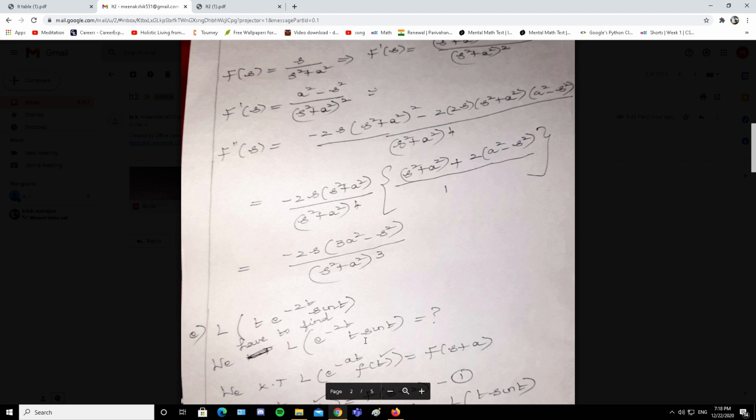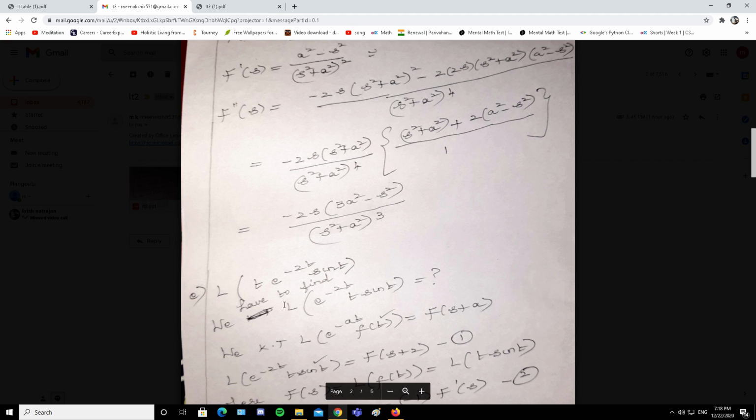Now we have the next problem, t e power minus 2t sin t. Here you have to find Laplace of the product of three terms. You have both exponential and polynomial functions. So whenever you have to find Laplace of a product of three terms where you have both exponential and polynomial,